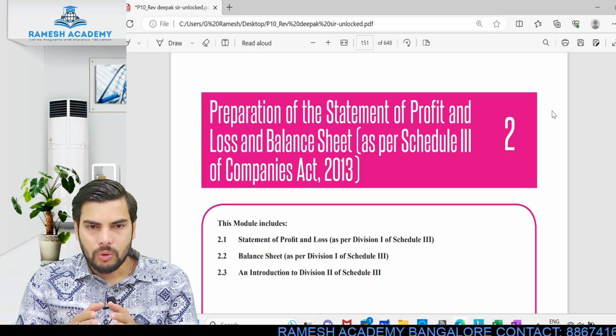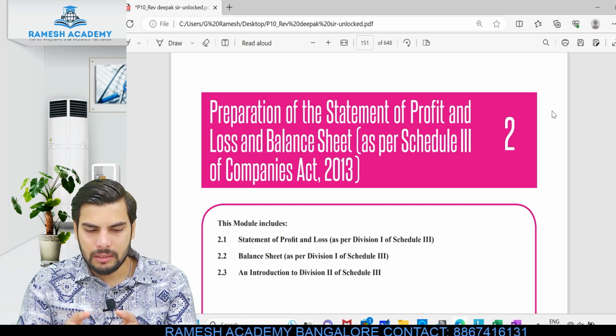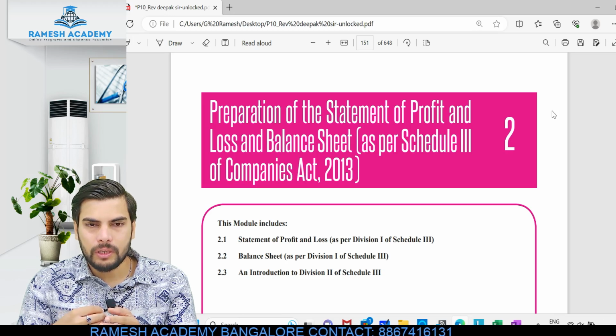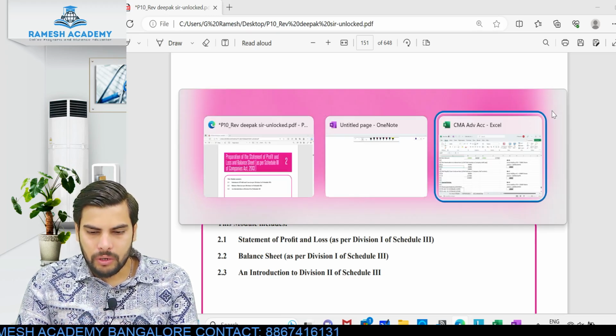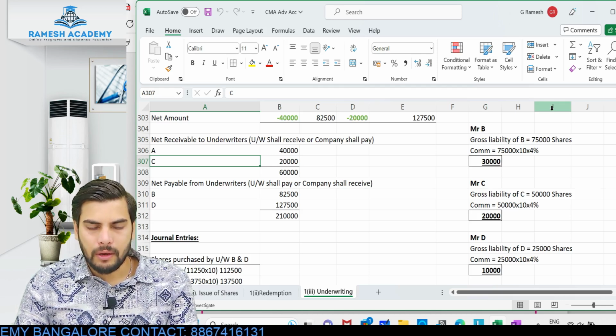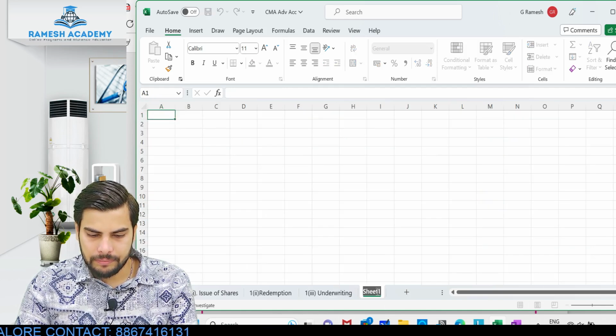Clear? So in this chapter, there will be quite a few theoretical aspects also. When it comes to the Companies Act, there will be a lot of rules and regulations which have to be followed with respect to preparation of financial statements. All these rules and regulations you need to remember. Anything which is important, don't worry, as usual we'll be drafting it in our notes. So on that note, let's start with the second chapter,